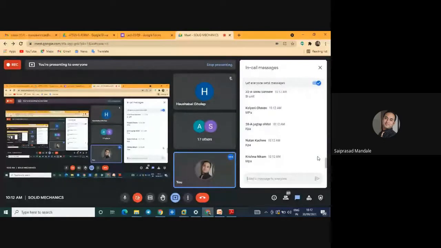Since the last unit we have only studied Pascal, kilopascal, megapascal, gigapascal, and I told you that when there is a stress, the unit is the same. That is Newton per meter square or Newton per mm square or Pascal, kilopascal, megapascal, gigapascal that we have studied in unit number 1 only. So you have to be very confident. So the unit is Newton per mm square, that is MPa.